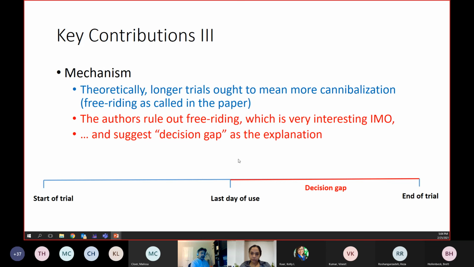And there are, of course, contributions with respect to mechanism. People talk about mechanisms in theory papers, but you don't know which mechanism is actually in play. As I said, people think longer trials ought to mean more cannibalization, and that's why they could be bad. But here the authors rule that out empirically, and the way they do it is very reasonable. This cannibalization or free riding, whatever you call it, the authors rule it out, which is very interesting because